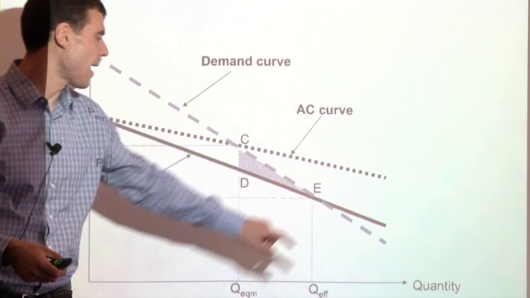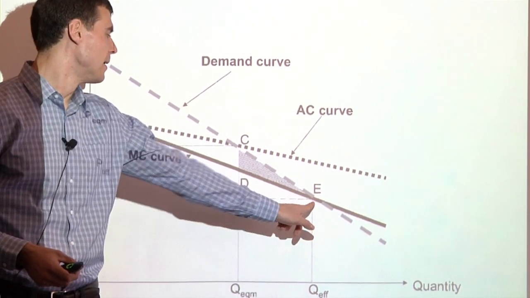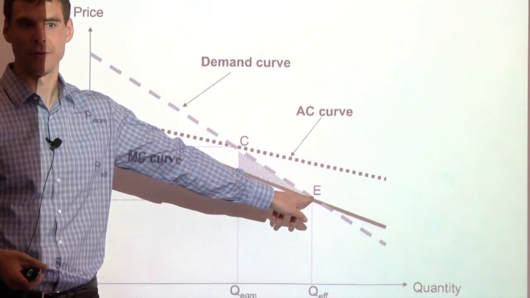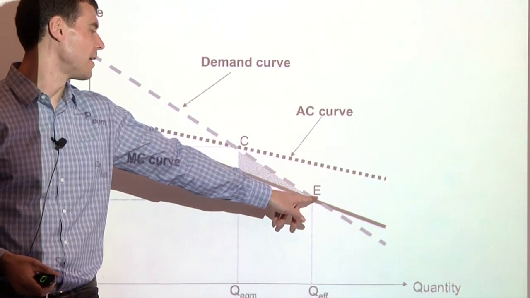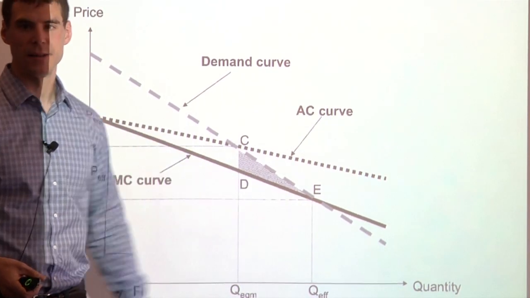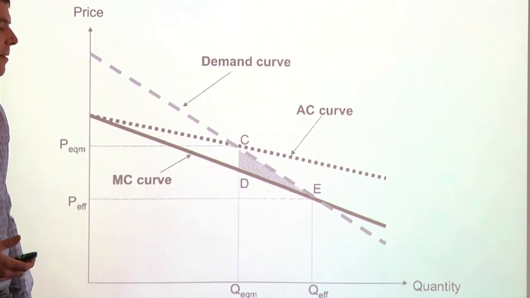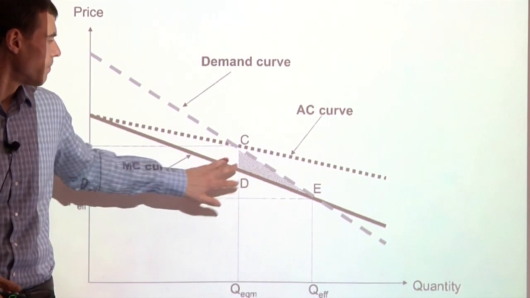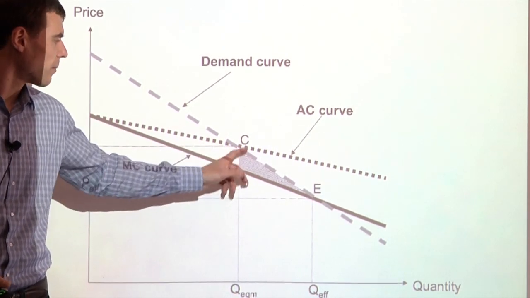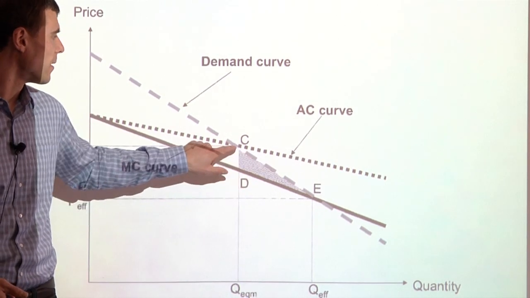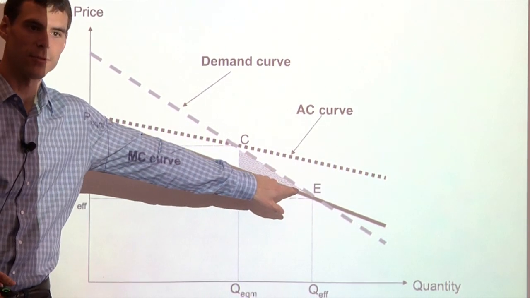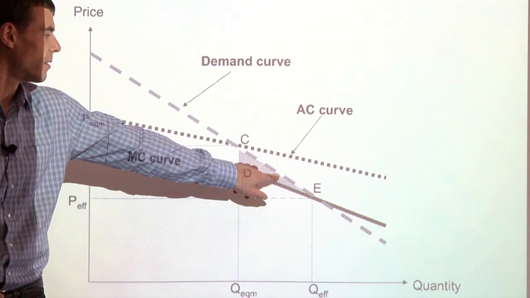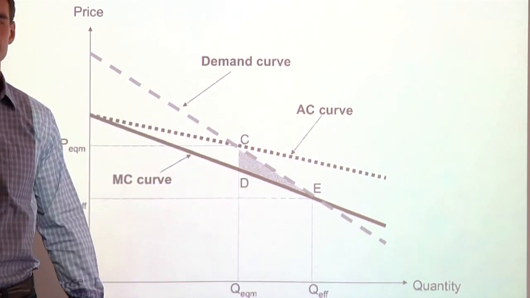The efficient allocation here would be the setting where you provided insurance to everybody who was willing to pay their own cost. So the efficient allocation would be this point E. And so you can think of the shaded region. This is basically the same shaded region that we showed you before in the beginning of the talk, but this is the difference between the willingness to pay for the insurance policies and their own marginal costs to those insurance policies. So these are the welfare loss from the adverse selection.